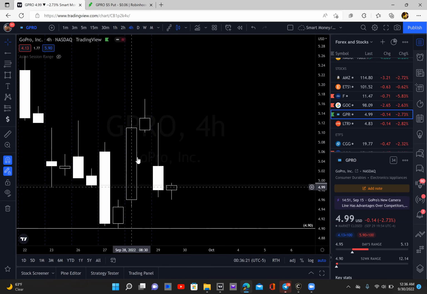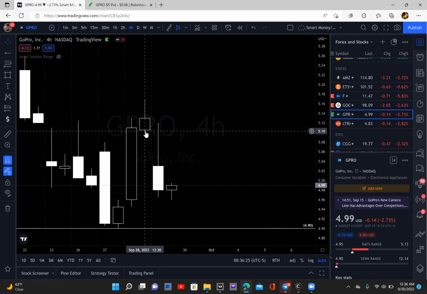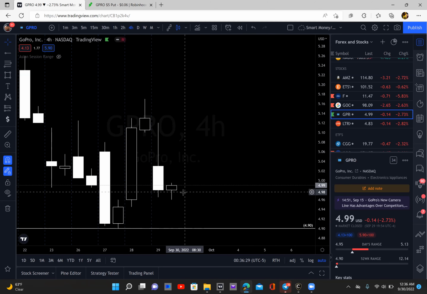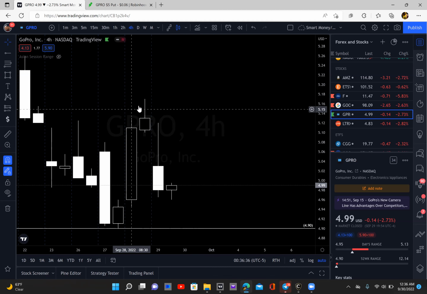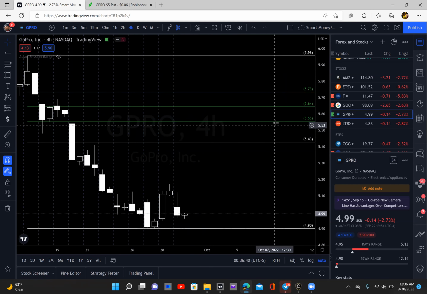Remember the inefficiency, the gap in between the candle before and the candle after. Look what happened. It came, filled it, started going back up. So GoPro, I might look at a call option on GoPro